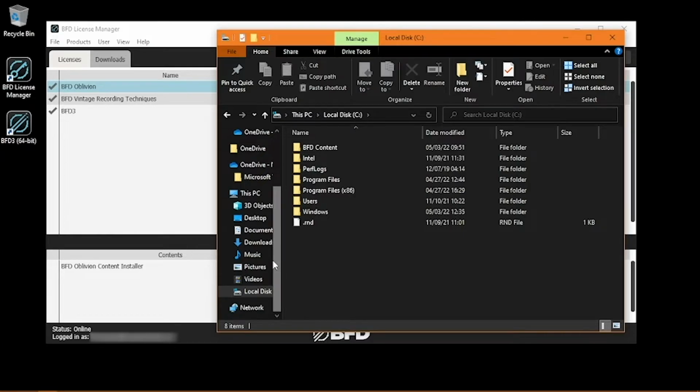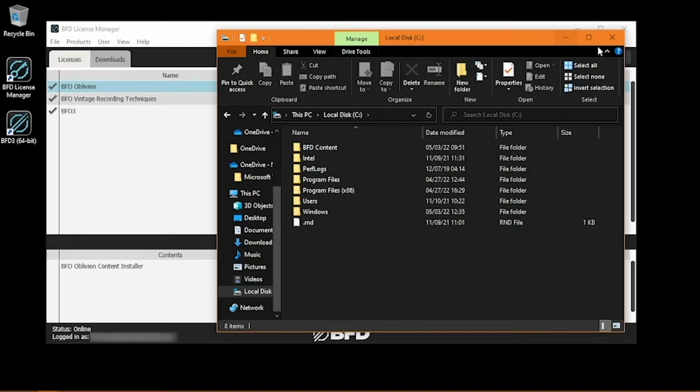Regardless of which drive you create this folder on, make sure it's as close to the root of the drive as possible, meaning if you create your content folder deep within many other folders on the drive, your system may take longer to access and locate your content while in use. To summarize, your core audio content folder is different than your download location. Your download location is where your expansion's installer will be downloaded, while your core audio content folder is where the actual contents of your expansion will be stored and used by BFD3.